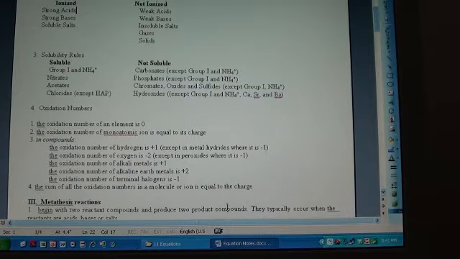All the alkali metals are +1. All the alkaline earth metals are +2. And the oxidation number of the halogens is -1. Remember, the sum of all oxidation numbers in a molecule or ion is equal to the charge. If it does not have a charge, that means it's a neutral